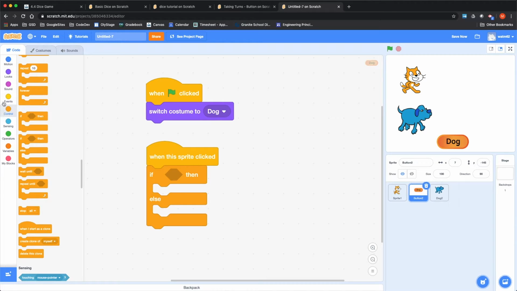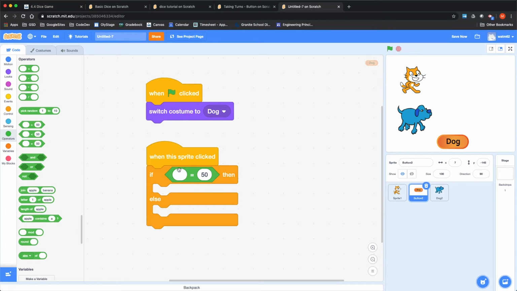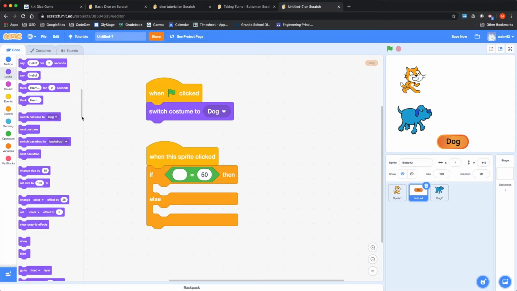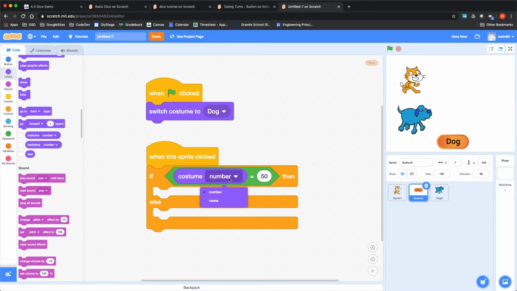So if I look at my operators, bring down an equal sign, and then go over to looks, we can go down to costume. It says costume number, but I would rather do this costume name. You can do it both ways, but I think it makes more sense. If costume name is dog, I'm going to spell it exactly the same. Watch your case. If it's capitalized in the costume name, make sure that it's capitalized here. So if costume name equals dog, then